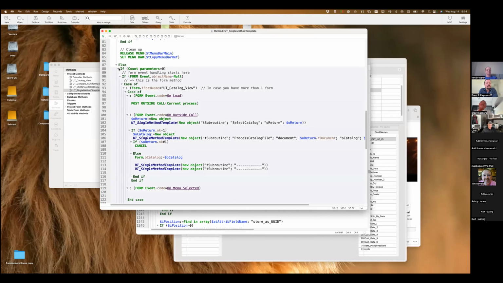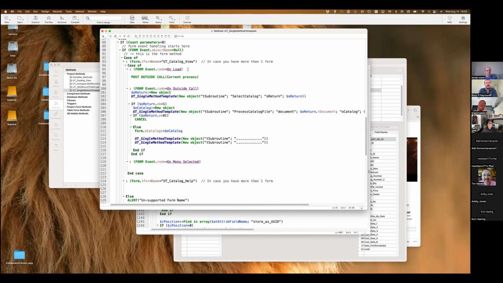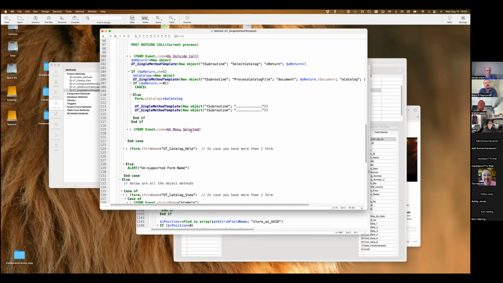So basically, if I have no parameters and the form event object name is not filled, then I know that I'm in my form method. This is all the code where you have your on load and on menu selected and all the things that you normally do in your form method.